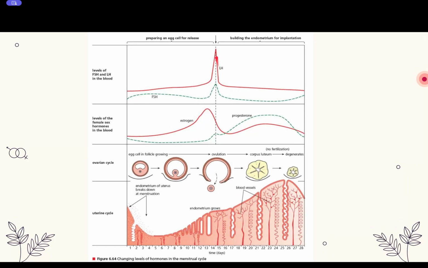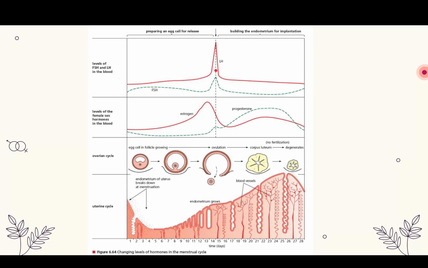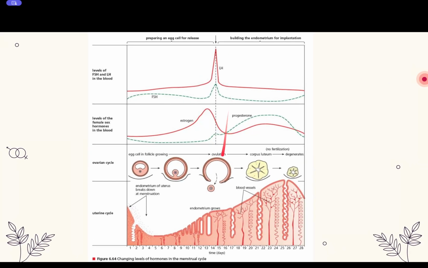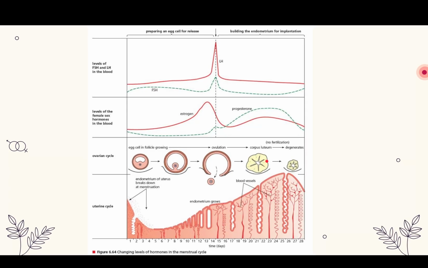LH will also promote the development of the wall of the follicle. So obviously the egg has left, but this wall will basically be what turns into the corpus luteum, and that happens because of the LH. The LH triggers it to be converted into the corpus luteum. And then so once the corpus luteum has been